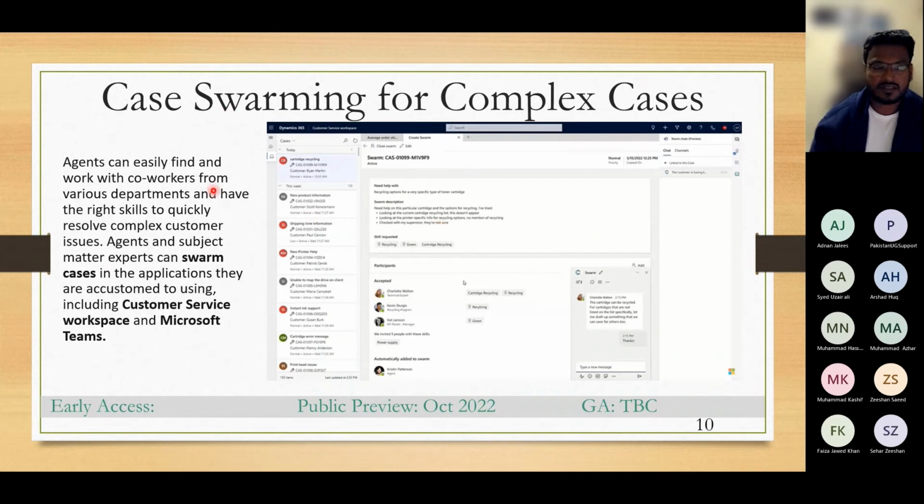So what the system does is, when they request case swarming, the system will go and find suitable people who have worked on similar cases previously, and it will send the request in Teams to those people. And if they accept it, if they have enough bandwidth to support you, whoever accepted the invite that the system has sent automatically based on your request,